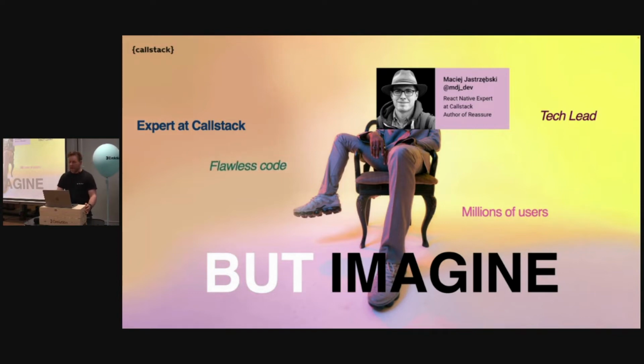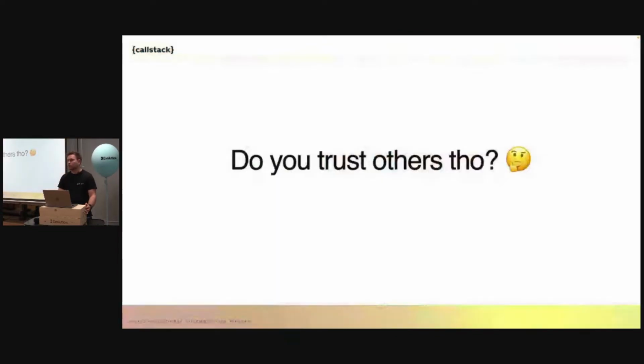You squeeze out the performance of this application. You memoize the components wherever it's necessary. You undo memoization whenever it's not necessary. And again, you take pride in the progress that you're making. Your code is, again, flawless, and most importantly, you trust your code. But do you trust others with your code as well?